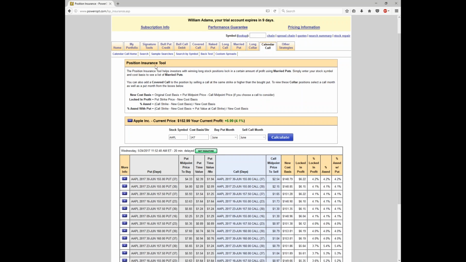Okay, so quick review for what we decided here and what we talked about. Bull put credit, you can use the search by symbol. I'm going to recommend you get familiar with the spread chain and start using that one stock at a time. Covered calls, the quick find tool is a very useful tool to use just to see the quick money on the table, but those of you who want to delve deeper into the data, be able to customize your data